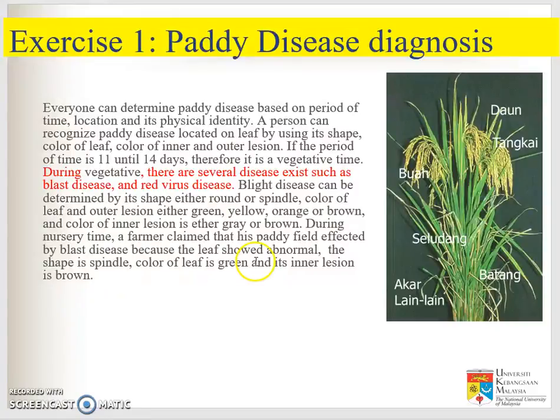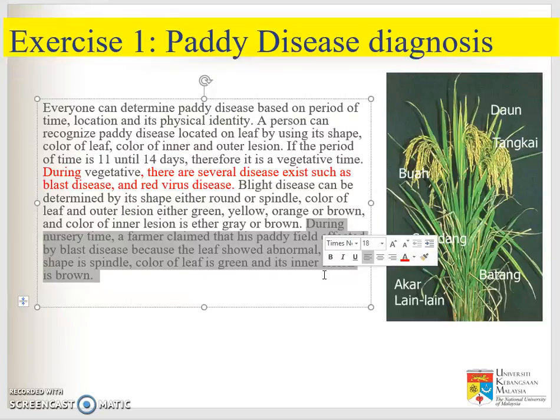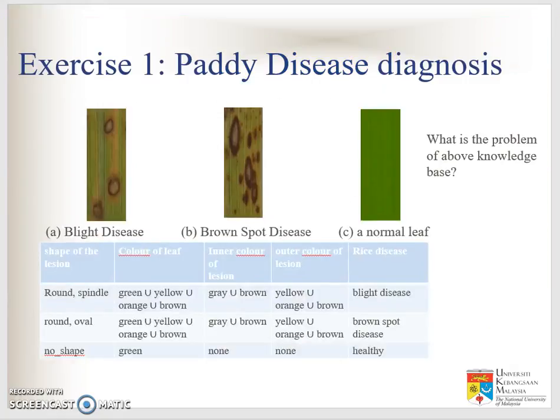Okay, so this information is given to you by the expert of paddy disease. So this is the new case. During nursery time, a farmer claimed that his paddy field was affected by a blight disease. So we need to infer to our knowledge base, after you translate the knowledge into our expert system. We want to refer this case into the expert system to know whether it is a blight disease or not. Alright, so if we translate this knowledge into